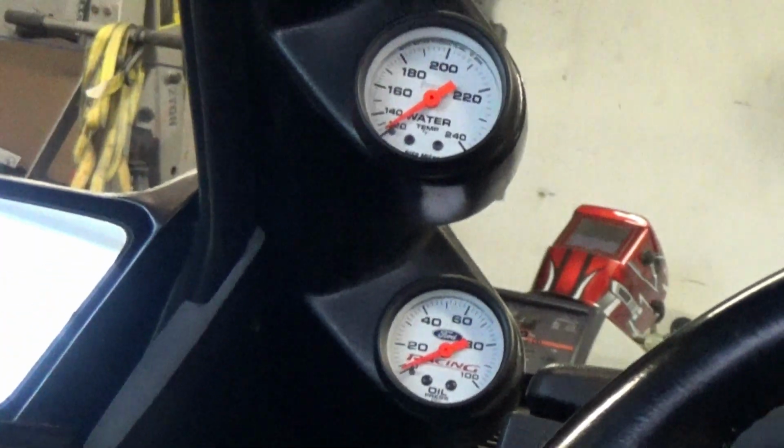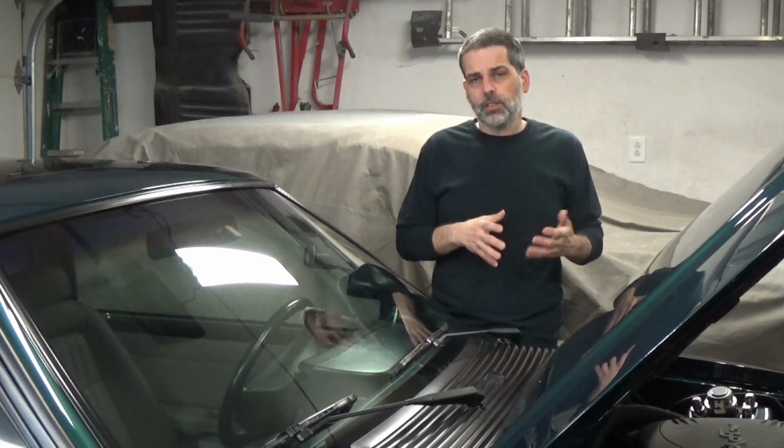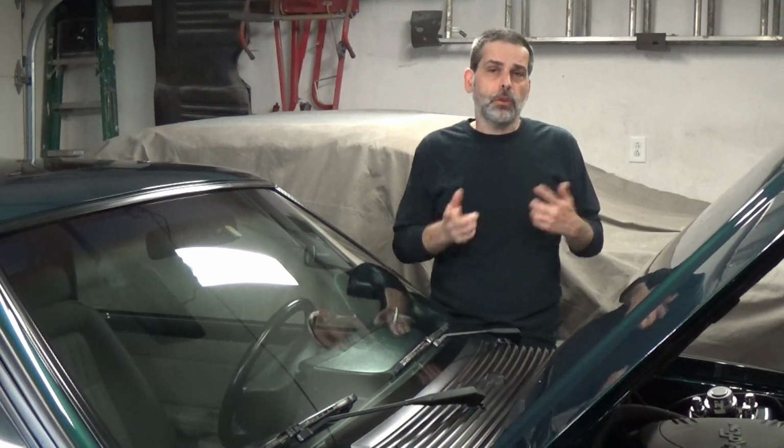Another problem we have in the car is at idle with the lights on. The lights actually dim a little bit, so that means we're just at its max for our charging capacity. So we're going to go ahead and change some of the wiring, which you've got to do with this project, and we're also going to upgrade the alternator to a much higher output. So right now we're going to jump under the hood, and I'm going to show you